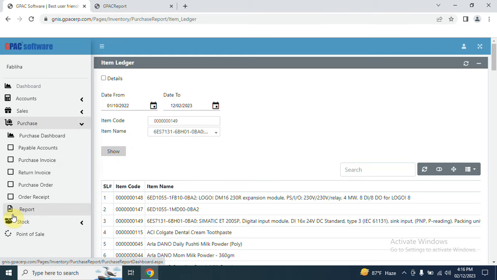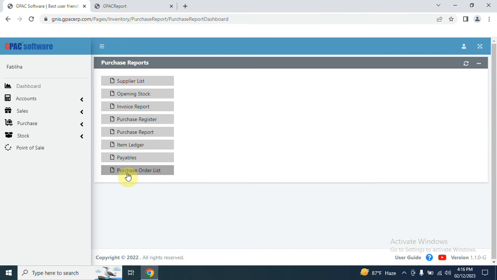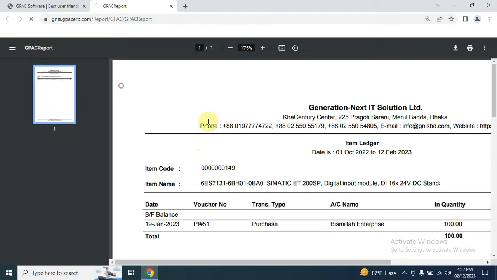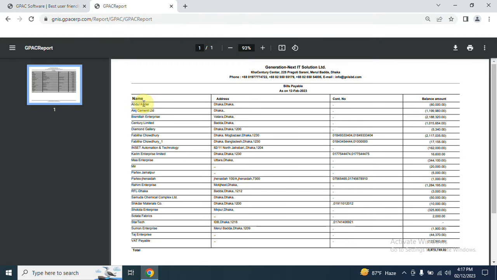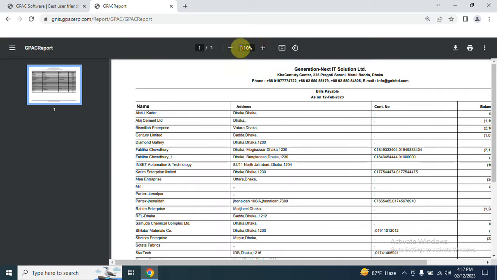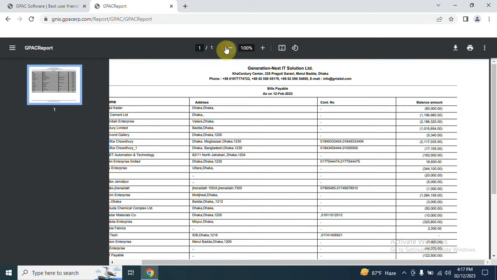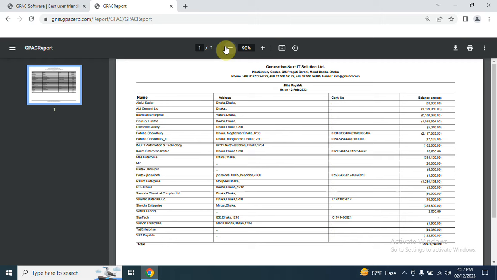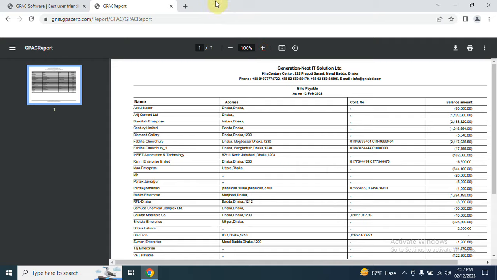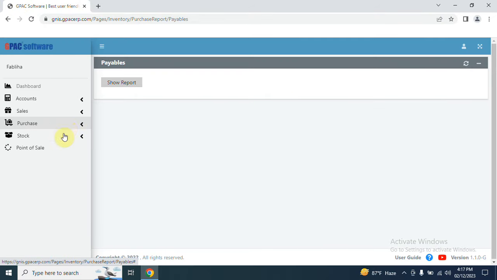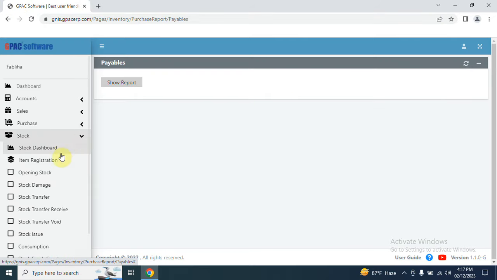Now I'm going to see other reports. We have purchase order list, payables. So I'm going to click on payable. I'm going to click on show button, and we can see that payable accounts has been generated in a report. If anyone provides any field about their transaction, they can generate any sort of report, and they do not need to provide any data twice or thrice. This is one of the best and lucrative